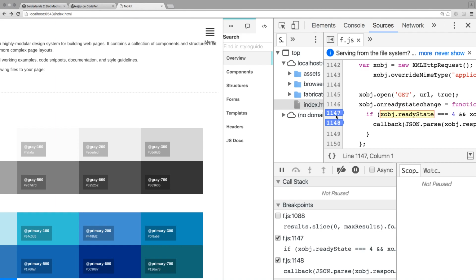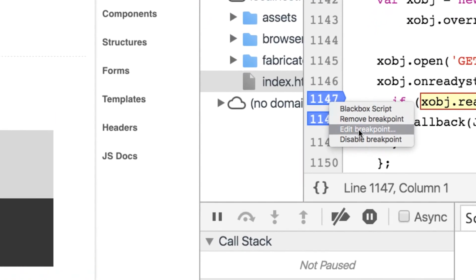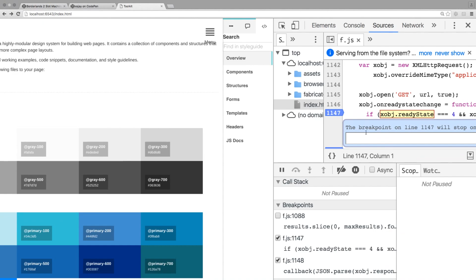So you have a breakpoint, you can right-click it, and you can go, I don't know, can you see that? You can go edit breakpoint right inside of your breakpoint that you already have set. When you edit the breakpoint, it gives you a little statement to put an evaluatable statement inside of. So I can do something along the lines of